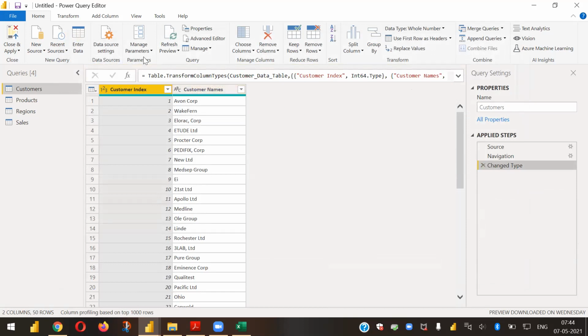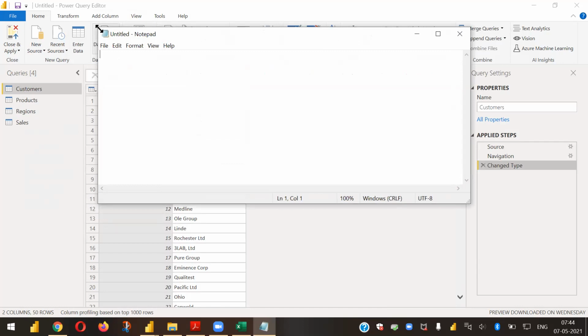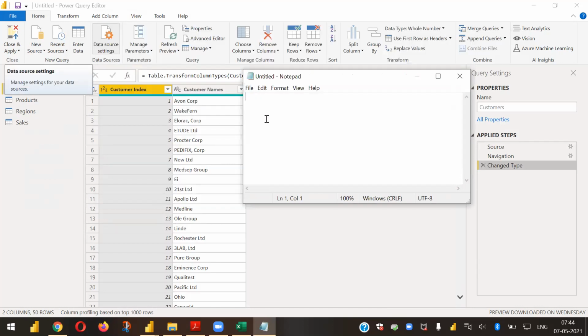One more major thing you have to keep in mind is that whenever you have dates in different tables, you have to make sure to have a date table in place. There are two ways to get your date table, let me just tell you. Whenever you're doing a lot of reporting and a lot of calculations in your report, there's always a suggestion to have a proper date table.